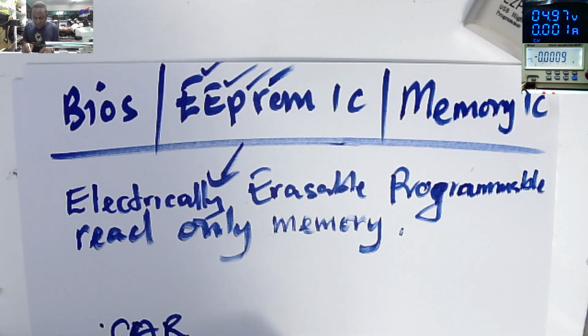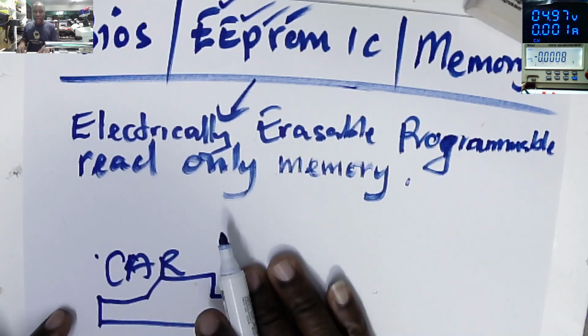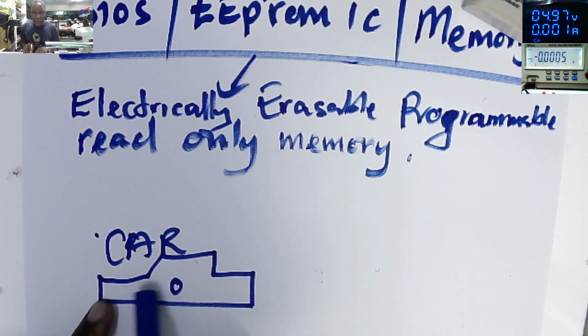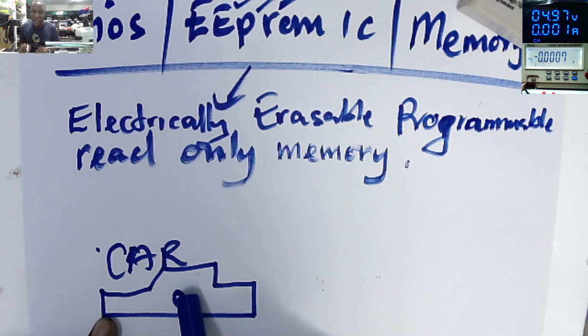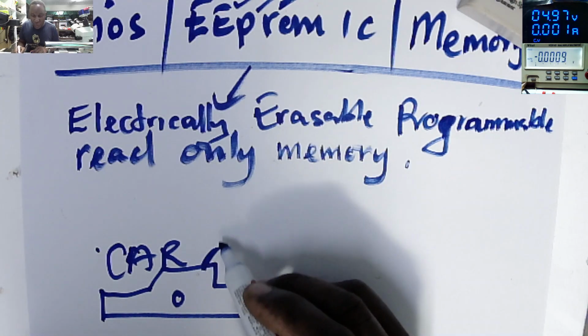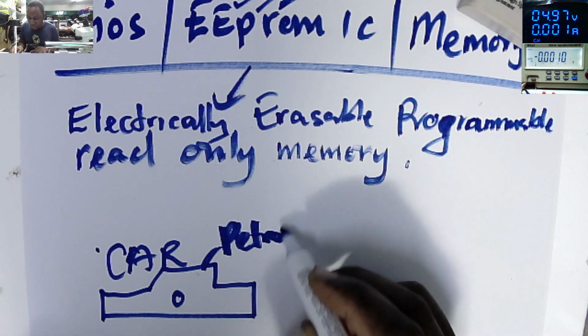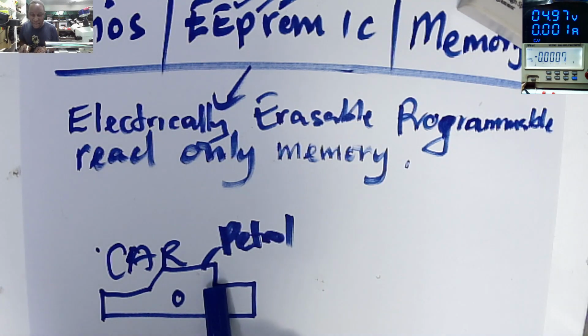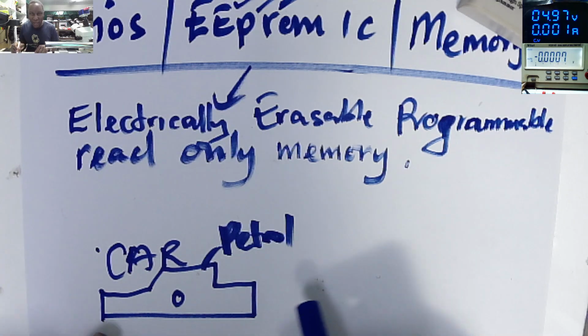You take your car to the filling station, and this car has a petrol engine. You went to the filling station with the car, which is meant to work with petrol, and the fuel attendant